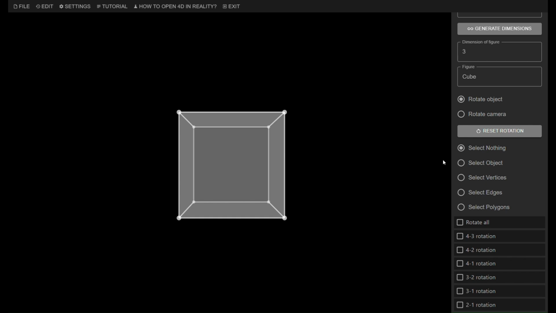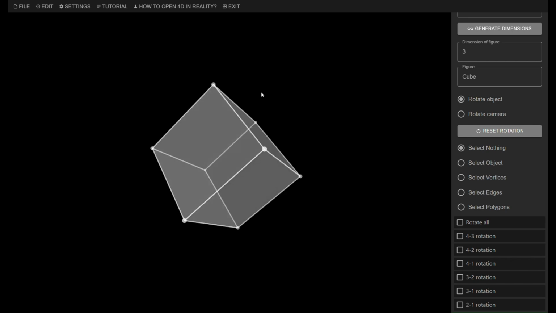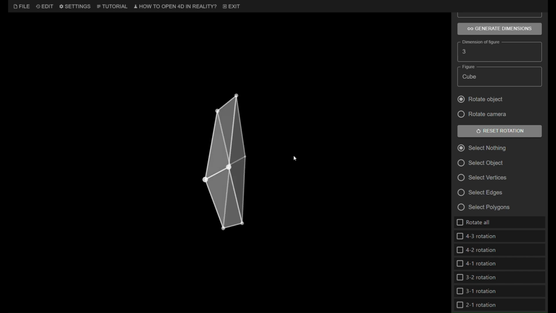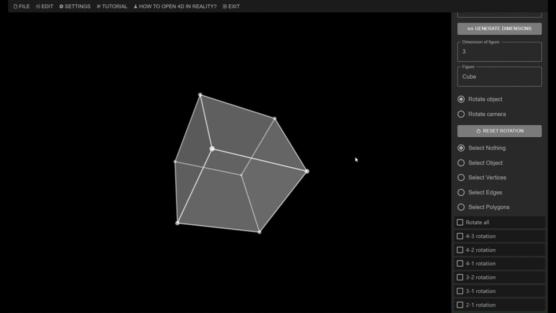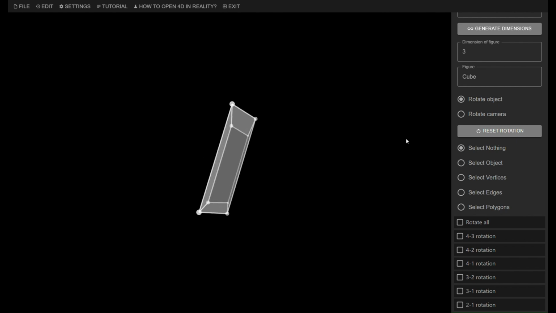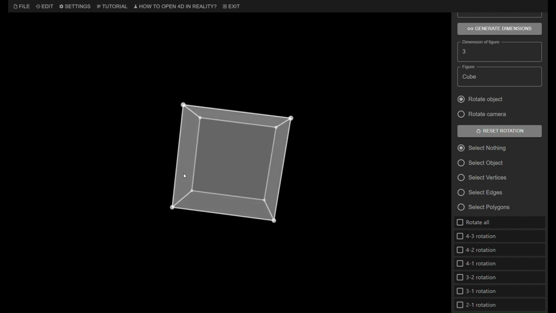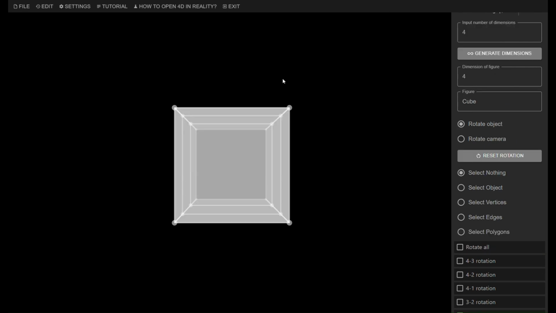It will be similar with three-dimensional figures in four-dimensional space. Three-dimensional figures have a fourth thickness equal to 0. Therefore, when rotating in three dimensions, three-dimensional figures will be three-dimensional, and when rotating in the fourth dimension, these same figures will be flat. A quick glance at a four-dimensional tesseract may give the impression that a small cube is